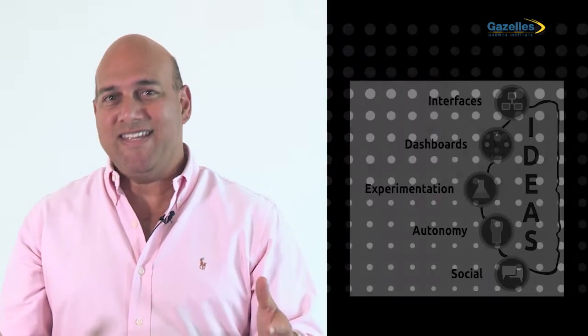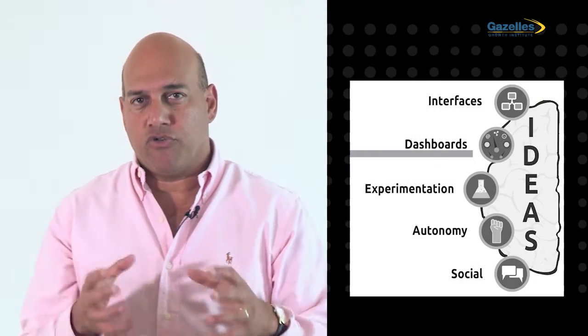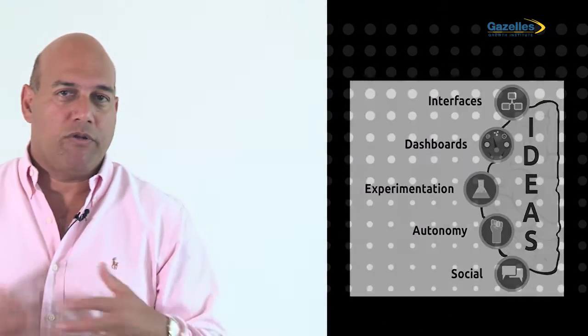The second aspect of ideas is the D, dashboards. How do you control and measure and track all of the stuff that's going on with interfaces inside an exponential organization? Dashboards really comprise two pieces of tracking information. There's the external information about the business, and then there's internal performance metrics on how you measure employee and team